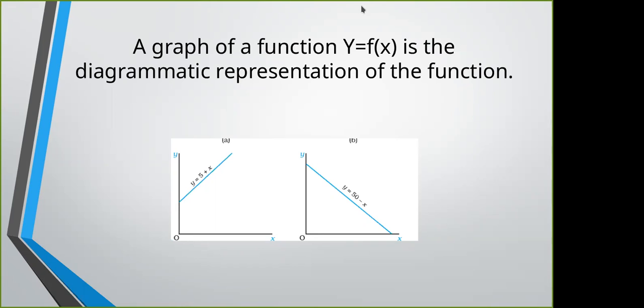Okay, let me use the annotations. This line has started from here because what will be the coordinates of this point? What is the value of x here? X is 0, right? And what is the value of y here? 5. This is the reason why the graph has started from here at this point, let's call it point A, and not from 0, not like this or this or this or any other way. Okay.